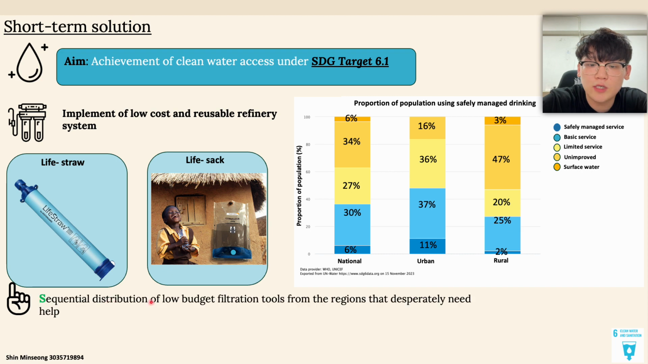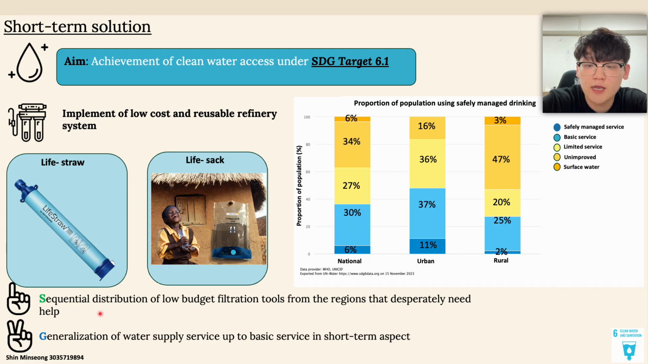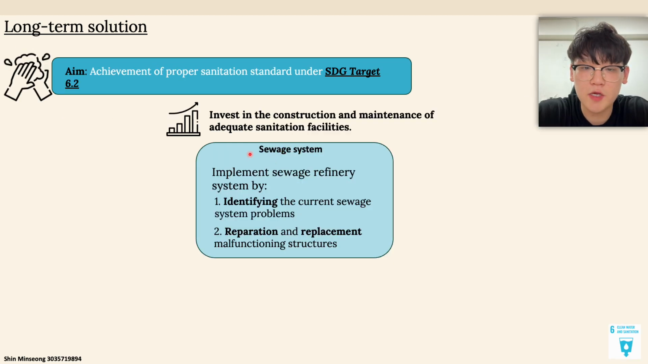First, there will be sequential distribution of low-budget filtration tools such as LifeStraw and LifeSacks to the regions with lower access to clean water, and gradually generalizing access to water supply service up to basic service in the short term. To improve domestic sanitation standard in the long term, I propose investment in constructing large-scale sanitation facilities such